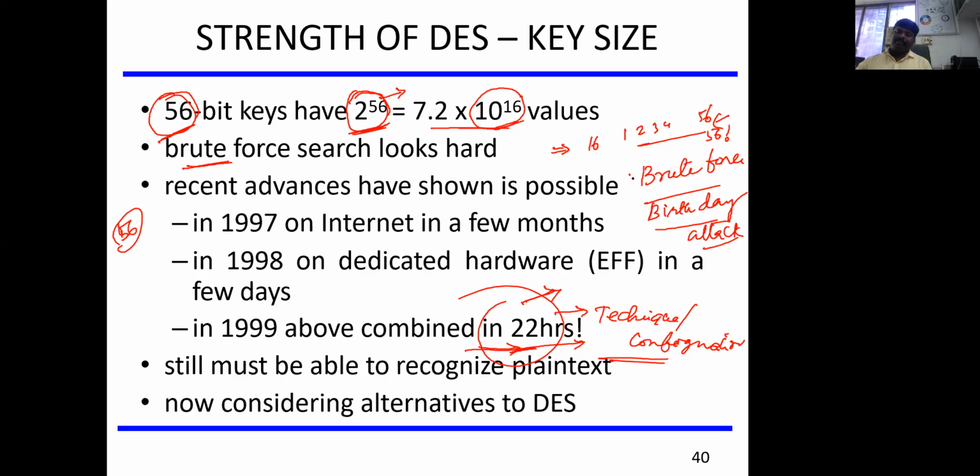This type of attack is called a brute force attack, where the attacker tries all the possible keys.